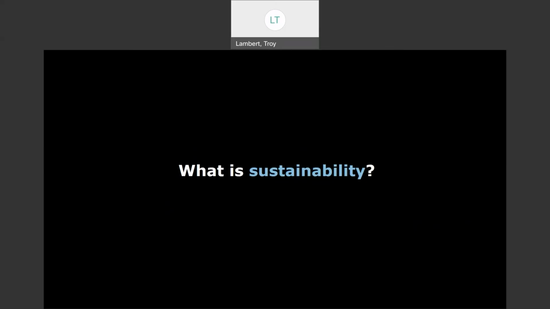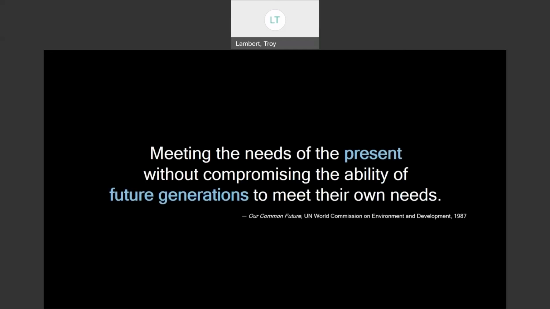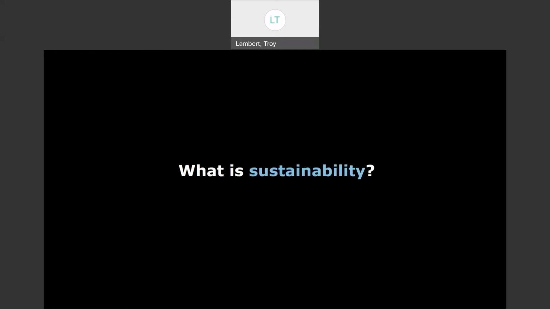Conserving resources, great. Well, that's a great one. Not using resources more than they can be replenished. Yeah, awesome. Thank you.